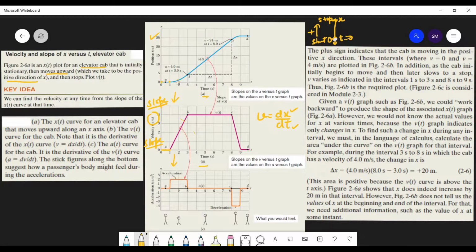The slope here is the tangent. I want to find the slope over here. So that is the instantaneous velocity and that will be told by the tangent. Now what is the slope here? You can see this slope is greater at B. So slope at B is 4. Slope is nothing but tan theta.